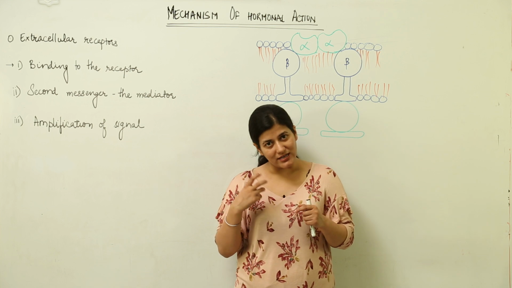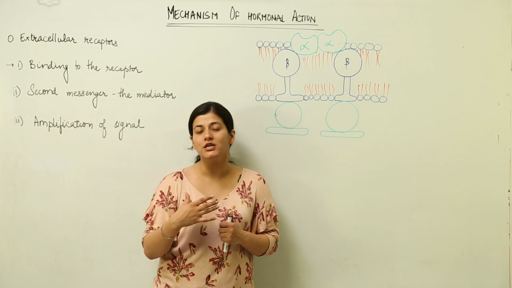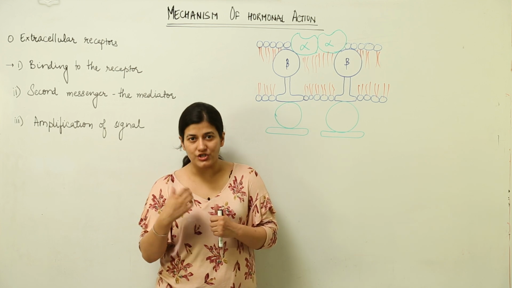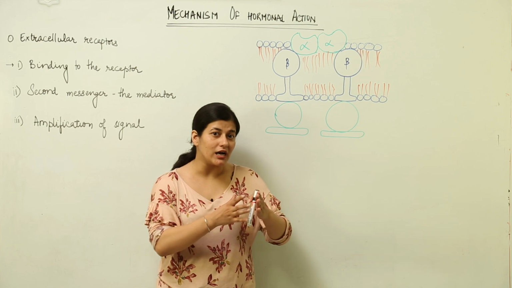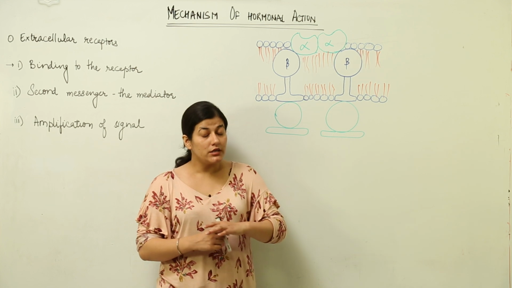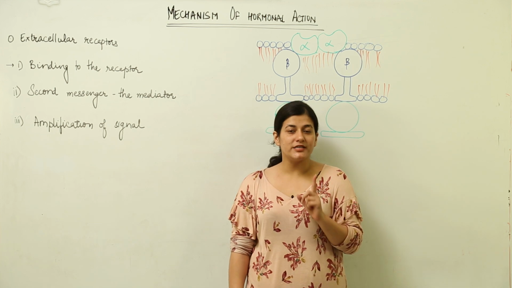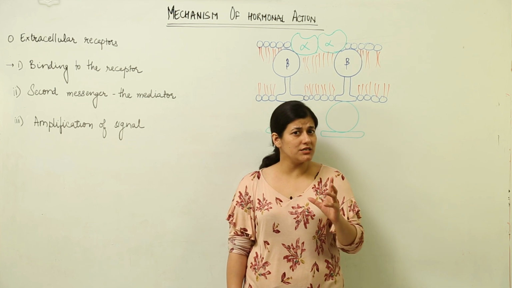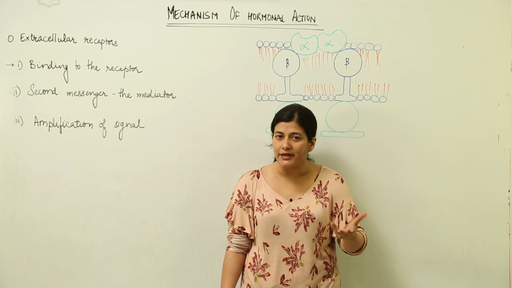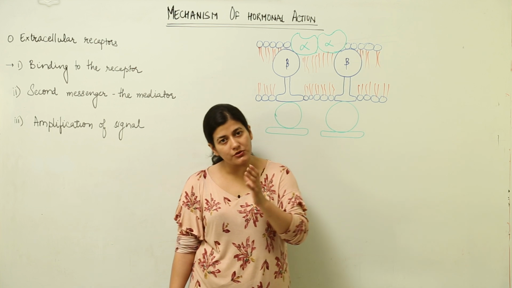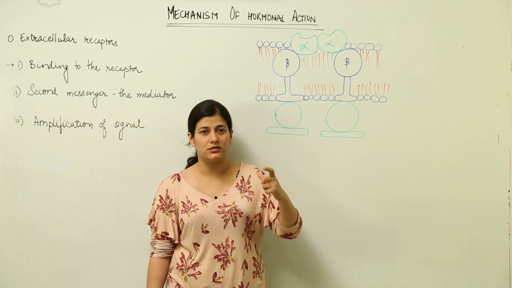So, you can make out that there would be some mechanism which is responsible for bringing out the proper cascade of changes according to which the physiological effects would be affected in the target organ or the target tissue. So, how does it happen? There is a proper mechanism for hormonal action. First, it is secreted at a different site, a chemical synthesized by a particular gland, then it goes through the bloodstream to the target organ. That point is clear, that somewhere it is being secreted by some cells.